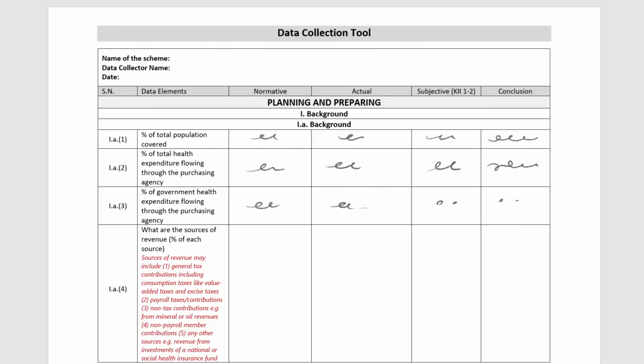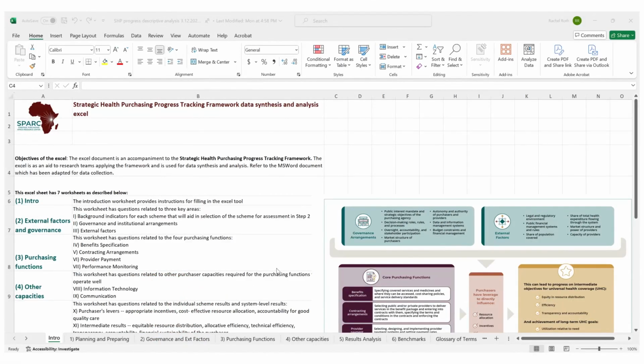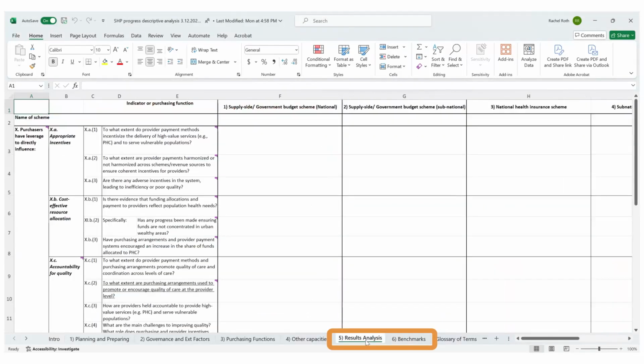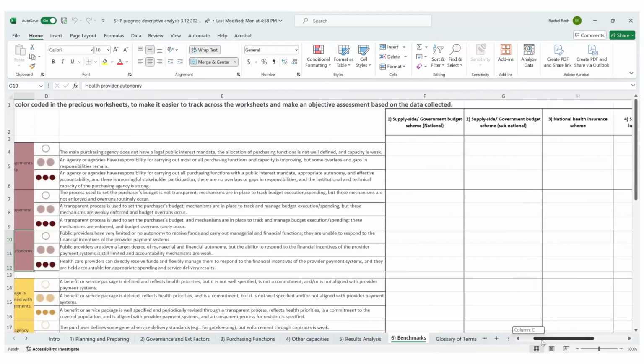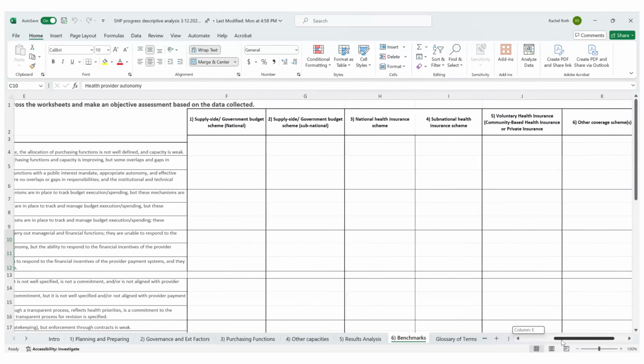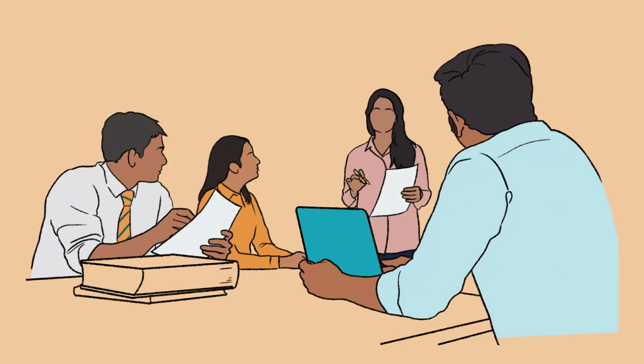After transferring your data from the data collection tools to the data synthesis and analysis tool, your research team is ready to begin the results analysis and apply the benchmark on worksheets 5 and 6. The purpose of this step is to understand the big picture of how all the schemes are performing individually and at the system level. We recommend that your research team has a facilitated meeting in which a designated person, often